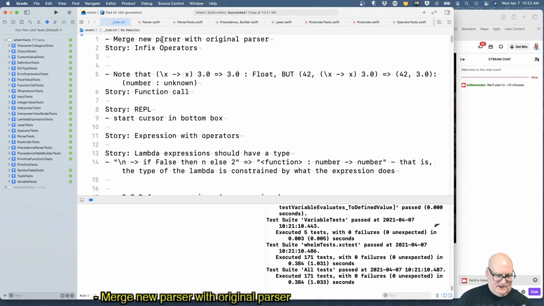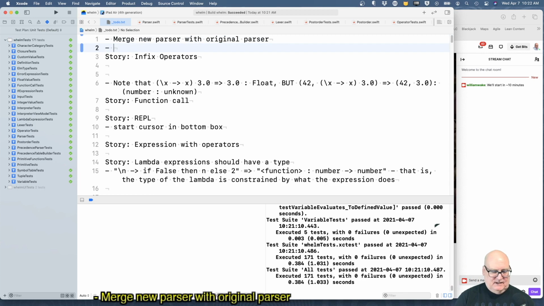All right, now we're to the point we want the new parser to work with the original parser. Oh, the thing we haven't done, add semantics of operators. So even if we get this thing returning a proper expression with the operator tree and all that stuff, our evaluation doesn't know what to do with it. And we can hard code a little, but I think we want to integrate more into our primitive stuff that we did a couple weeks ago. All right, so merge the new parser with the original parser.